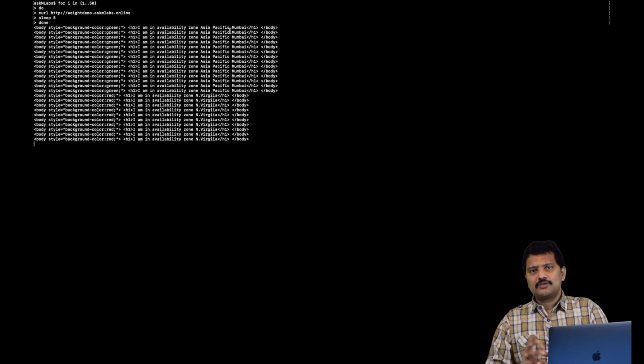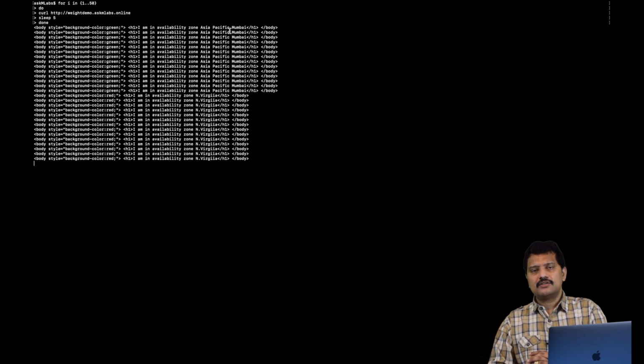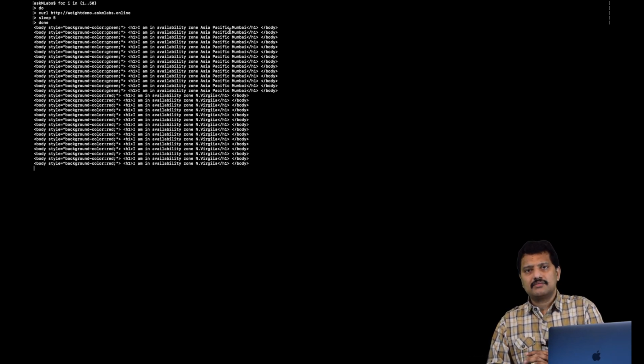So you deploy that code into a specific region, and then you route 10% of the load to that region. If you have positive results, then you can keep on increasing the weight of that particular region, and that way you can test whether the code is working fine or not.